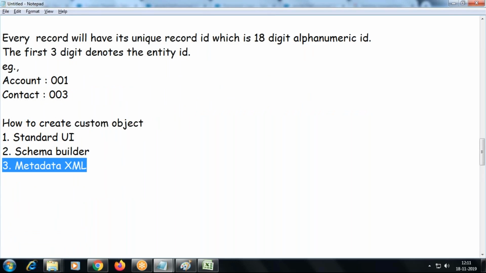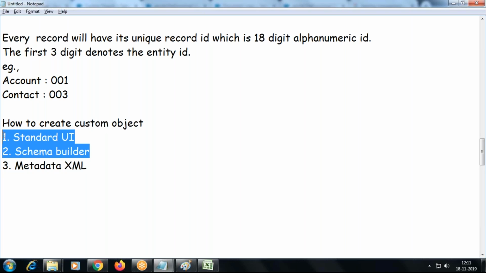In your coding part, you will see using an XML file, I migrate to another platform. When the file is deployed, whatever is there in the file, I can create. Using that XML content, I can create a new table, new field, those things we can do. But what is the regular process? Either your standard UI or schema builder.